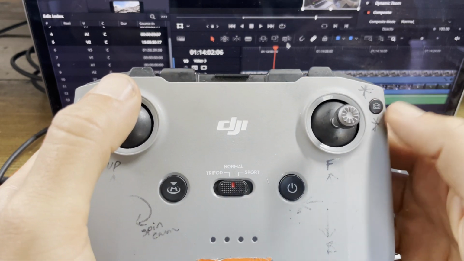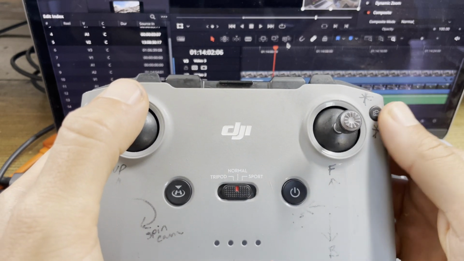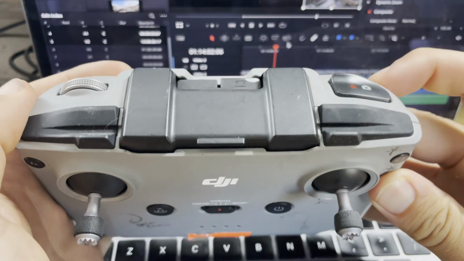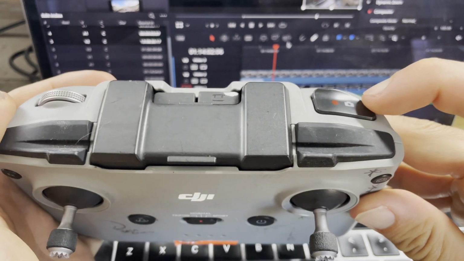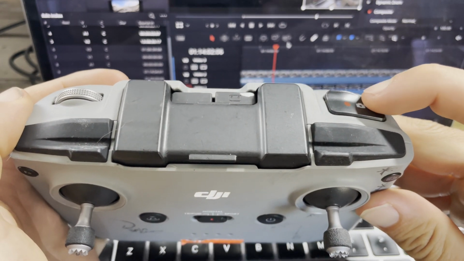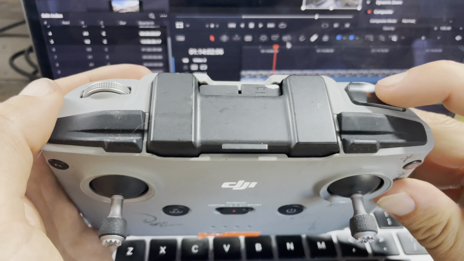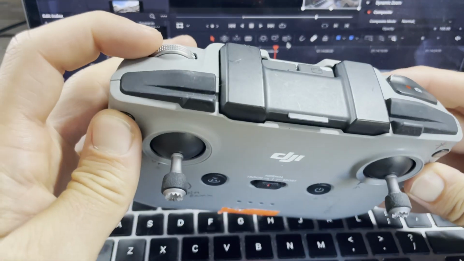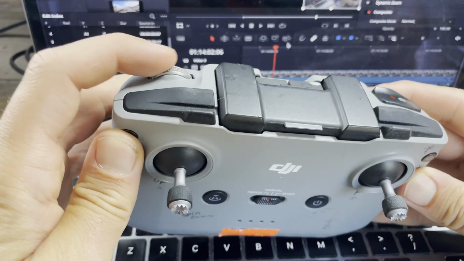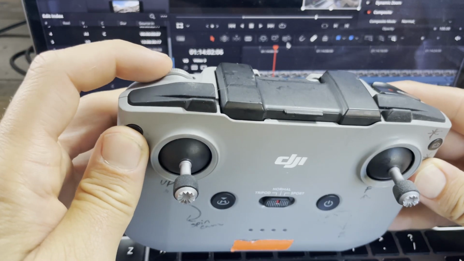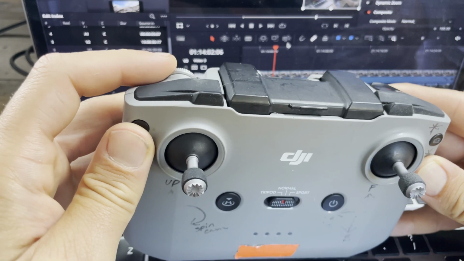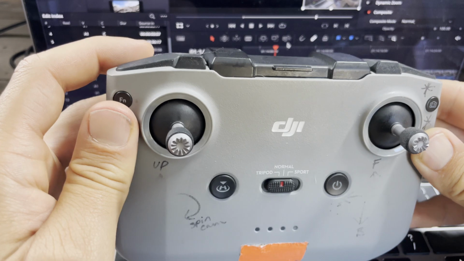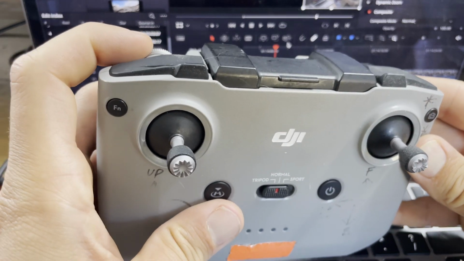You have your camera button there. That will turn it from photo to video, and likewise. And then there is the shutter release and record button. So you'll go ahead and hit that any time that you want to take a photo or start recording. Then here is the gimbal dial. This takes some getting used to. A good way to remember how to operate this is if you push up on the dial, push it towards the right, that is